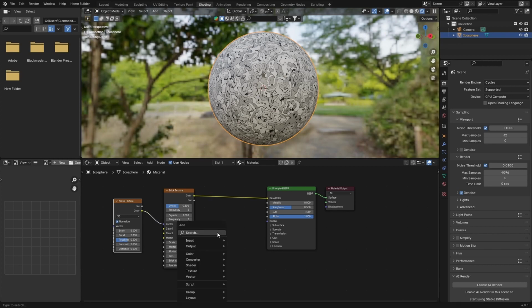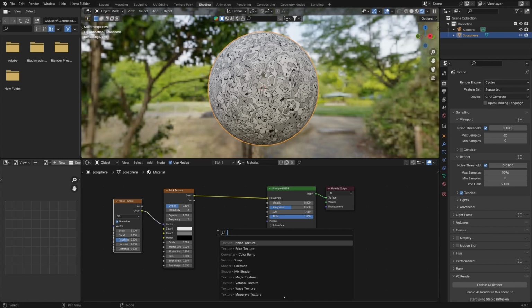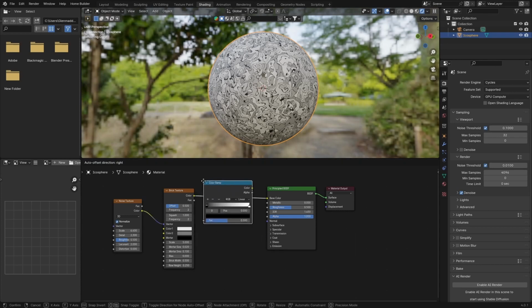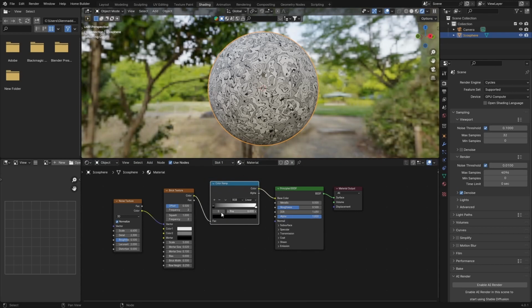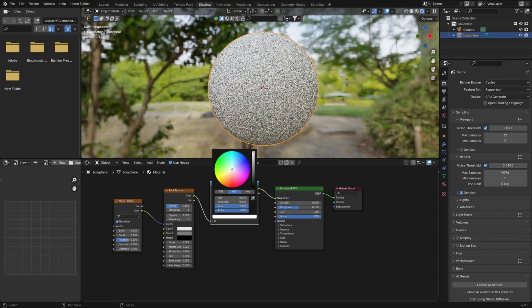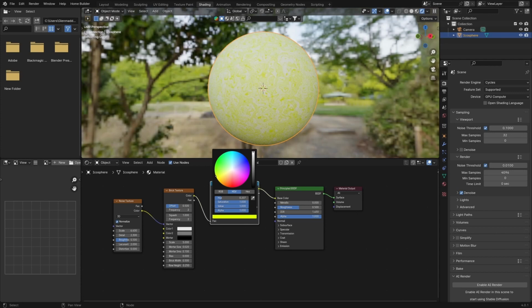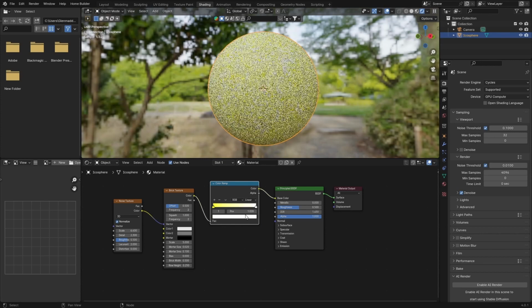Okay, and then what you want to do is go Shift A, type in color, add a color ramp, and plug this in over there. And all we're going to do is just change the colors. So click here, click on the black, slide this up, then find a color that you like. So let's go with like a yellow, and then the white. Let's bring this down,